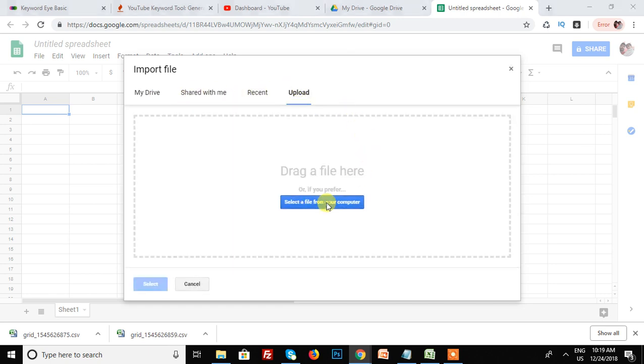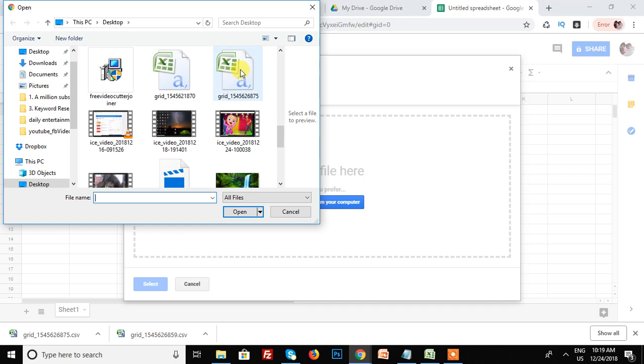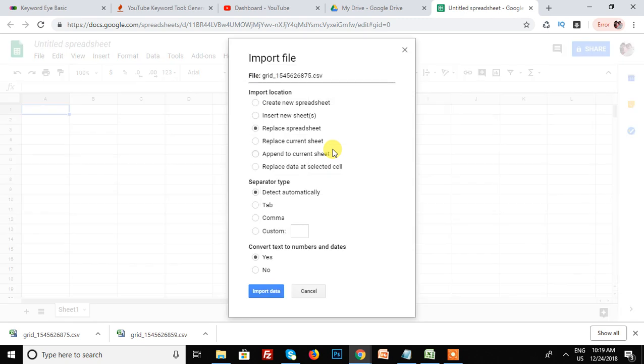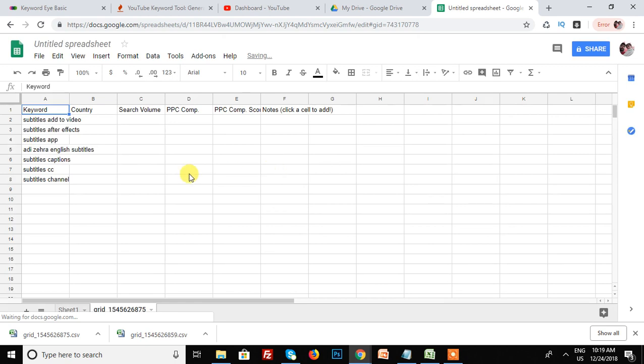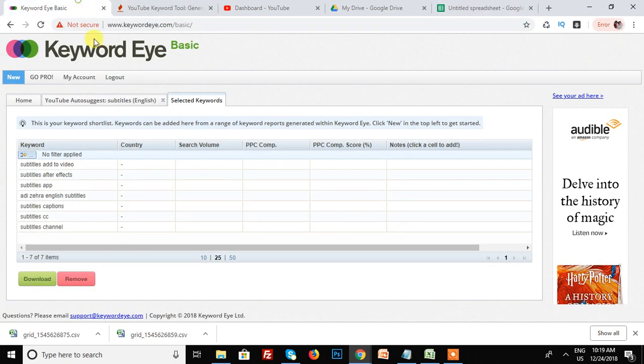Upload it and select your file. See, all the keywords which I selected come in the Excel file and are fetched into the Google Sheet. So it is a very helpful tool, Keyword Eye.